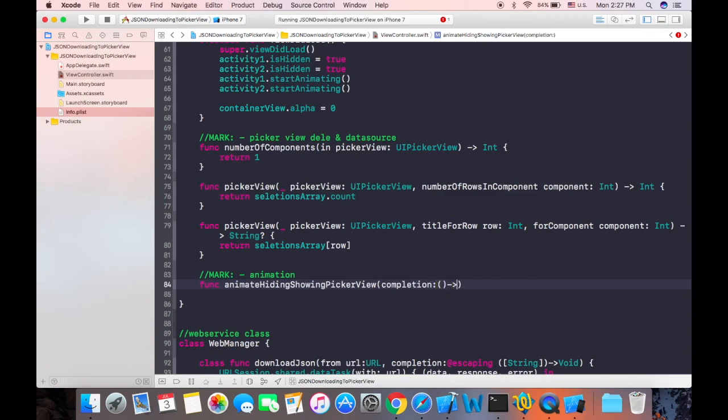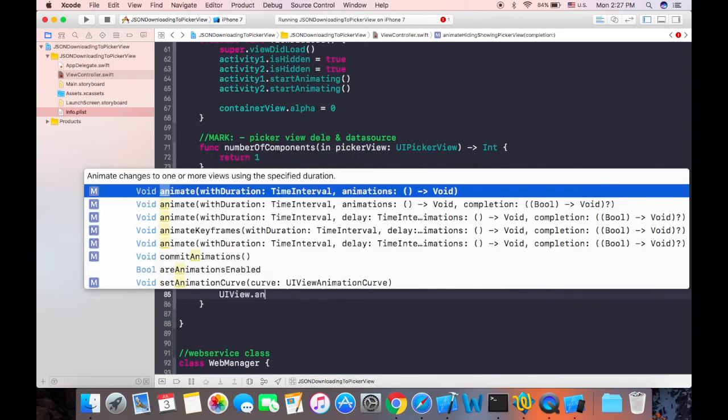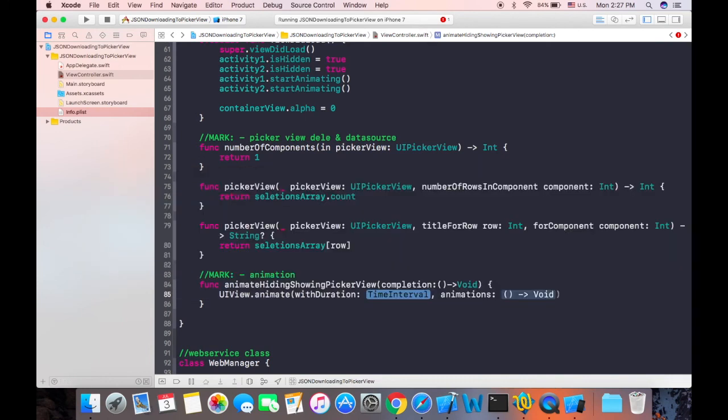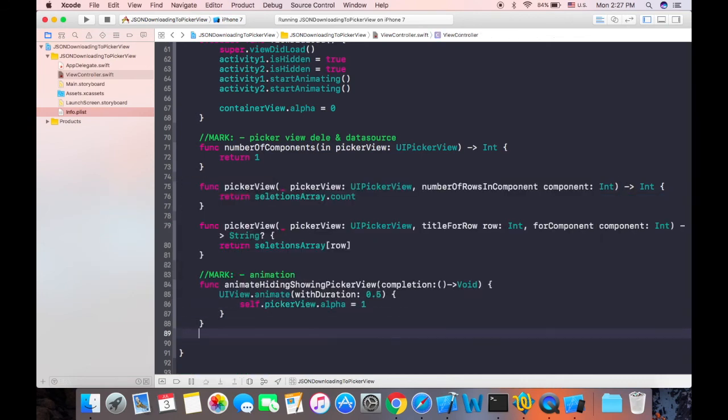In this case, we're gonna do nothing but UIView dot animate with duration. We put 0.5 there, and let's put self.PickerView dot alpha is equal to 1, and function